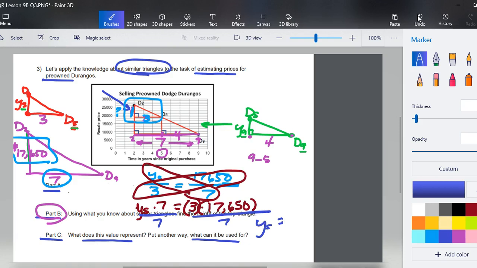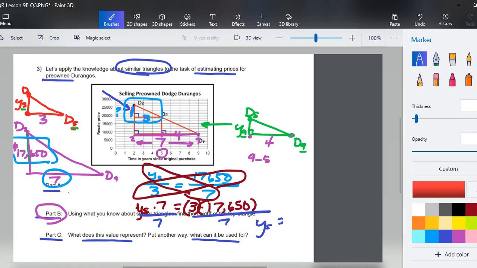I'm going to hit clear a couple of times and then do 17,650 times 3 equals. And then I'm going to divide by 7 and say equals. And does it tell us where to round? It does not. Since it's talking about money on the height, I want us to go ahead and call this